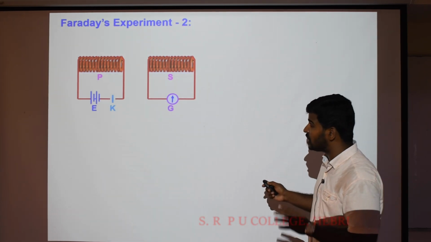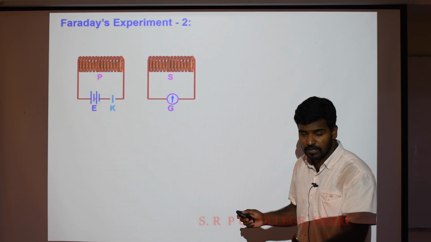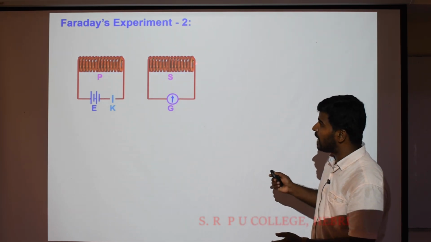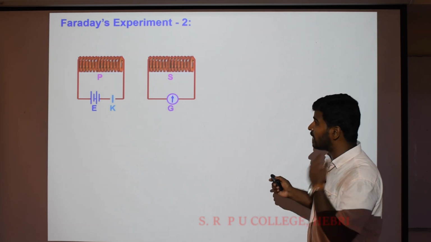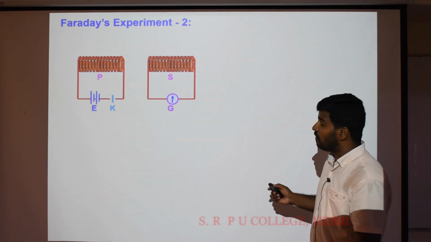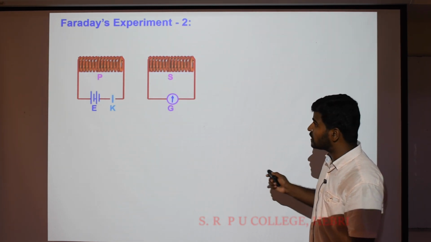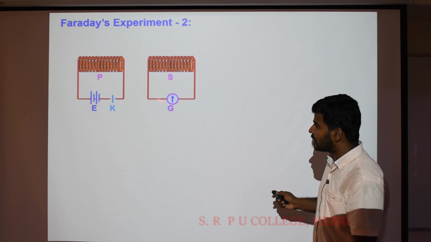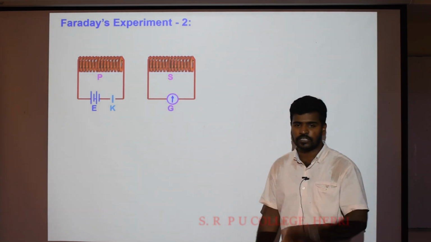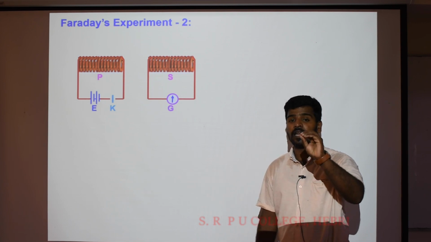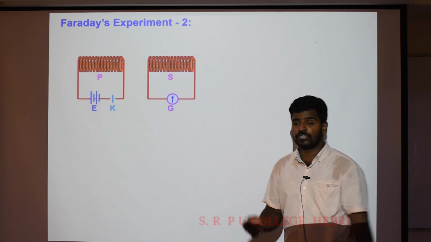Therefore, as there is the variation of the magnetic flux, it's not flux, flux, FLUX. Therefore, with the variation of the magnetic flux across the secondary coil, the galvanometer shows a momentary deflection. When the flux varies in the secondary coil, the galvanometer shows a momentary deflection. As the galvanometer deflects, it means there is a current. That current is called an induced current in the coil.